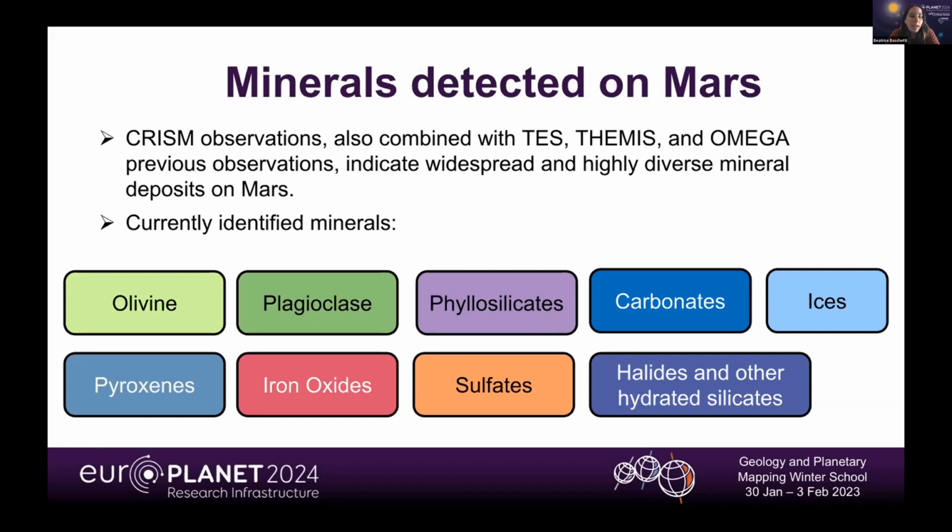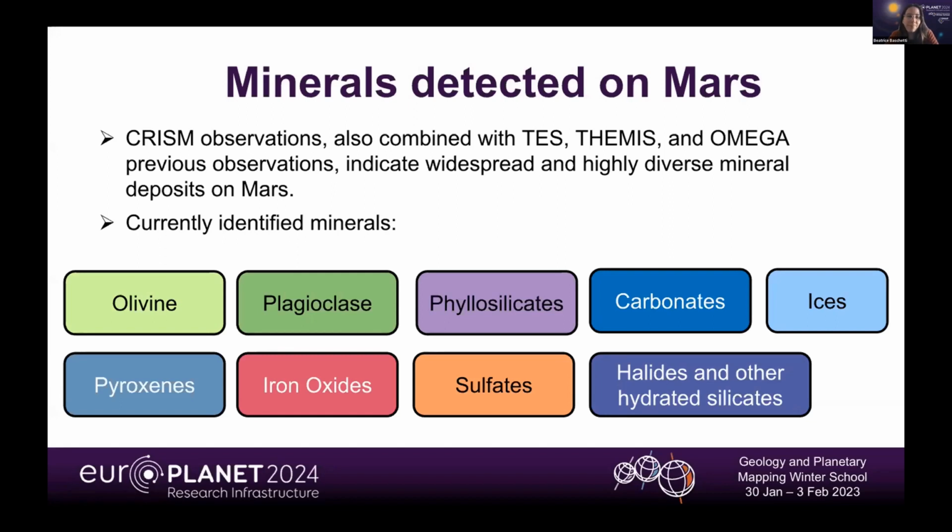All the data that we have gathered thanks to this instrument indicate that there is a very high, widespread, and diverse mineral assemblage on Mars. Here I put some of the currently identified minerals, and we have, for example, primary mafic minerals such as olivine, plagioclase, and pyroxene. And we also have lots of alteration minerals like phyllosilicates, carbonates and sulfates. So we'll have a look in detail